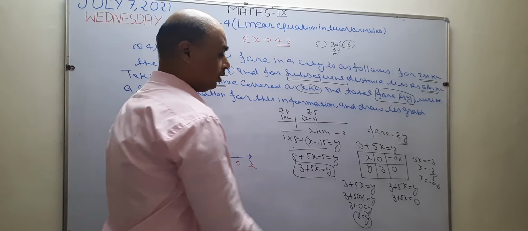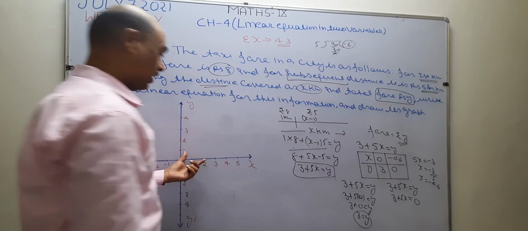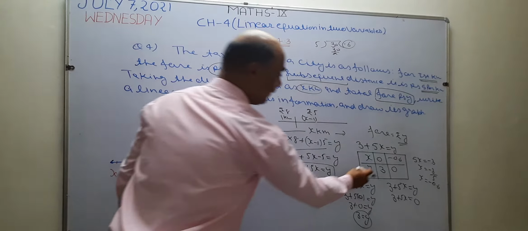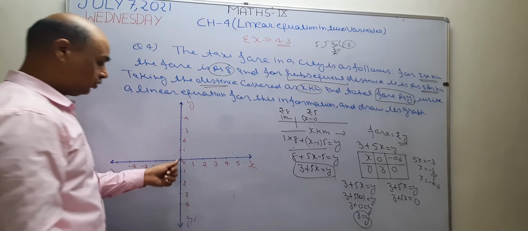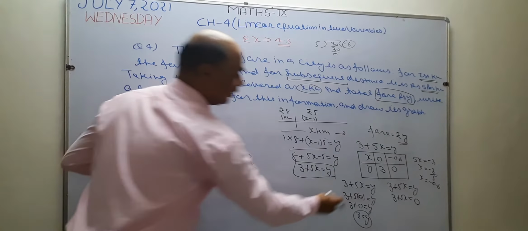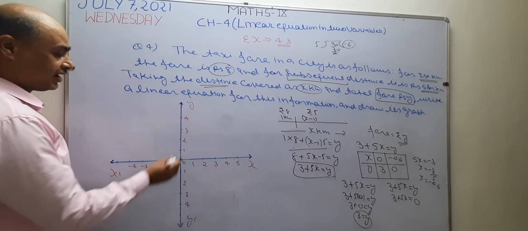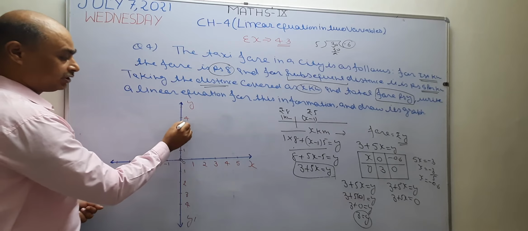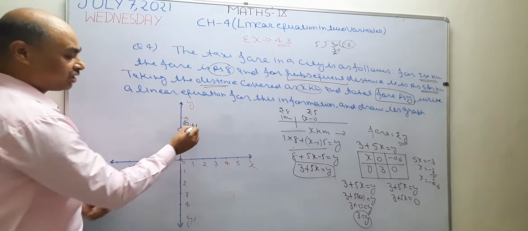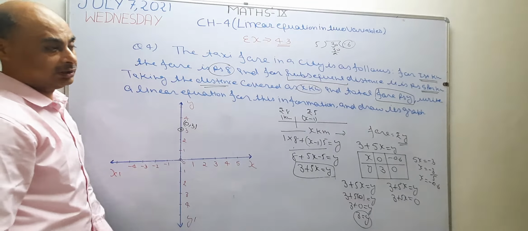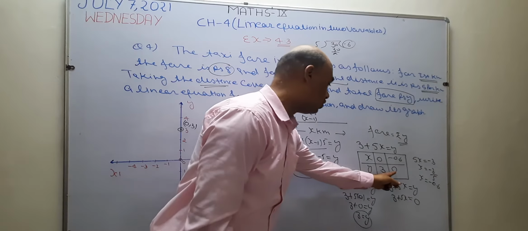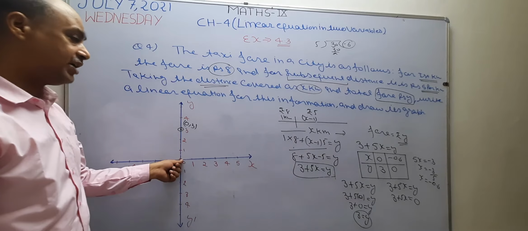Now I want to plot the given points on the graph. So what is given? X is 0. Where is x 0? At the origin, x is 0. The value of y is given as 3. Where is the value of y 3? At this point. So the coordinates become 0 and 3. This is the first point of the given equation. After that, what is given? Y equal to 0. Where is y 0? At the origin, y is 0.